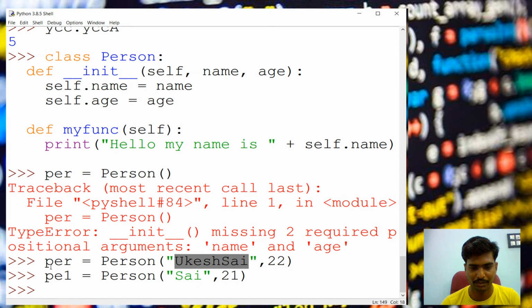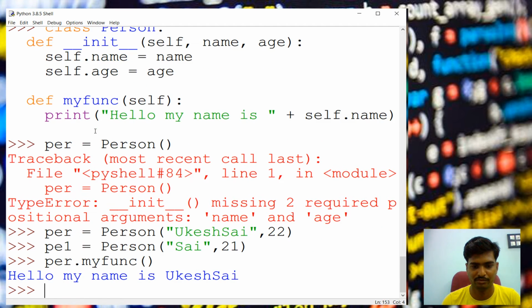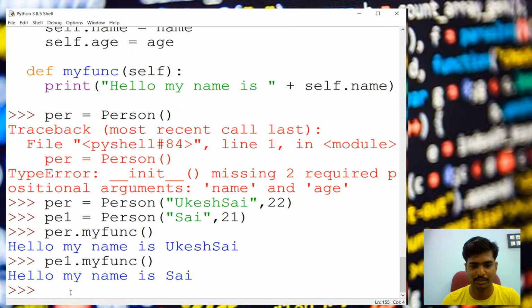We are going to access this. When you access the function with the first object, dot my function, you will get my name is Mukesh Sai. Else if you access it with p1, which is another person, you will get hello my name is Sai. So using the same method for different objects is the concept of a class. It is the same as in other languages; the functionality is the same, but code-wise we can see how the implementation differs from other languages. One last thing today, and we stop here.